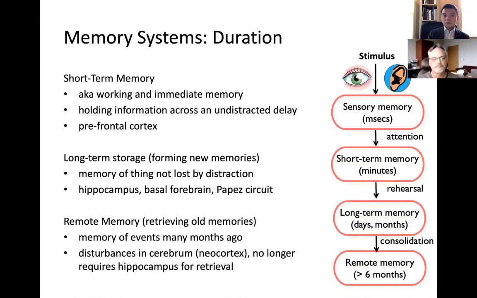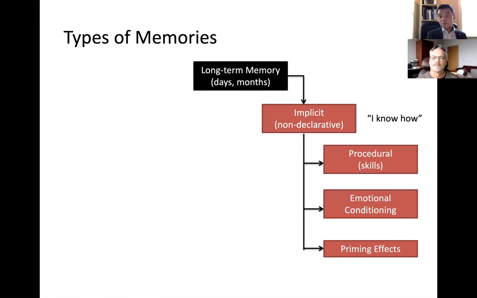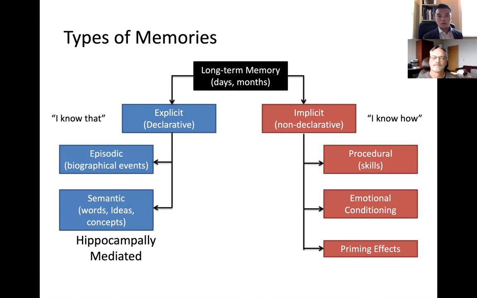Yeah. So one of the things that I was always taught when it comes to long-term memories is to think about the difference between implicit and explicit memories. A lot of the hippocampally mediated memories that we think of are more like explicit or declarative memories. So think of it as facts or episodes. I know the story and I'm going to be able to repeat that story to you, or I know whatever trivia you happen to know in the back of your mind, versus implicit memory, which I was always taught to think of as, I know how to do something.